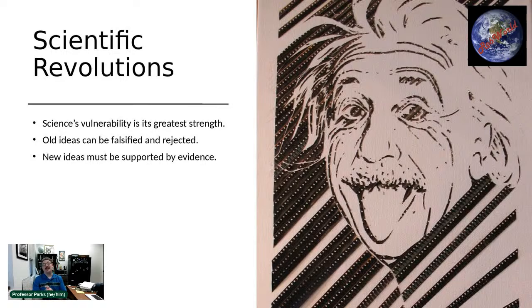Maxwell's concept of light really didn't play well with classical mechanics, and so Einstein came along and radically changed the way that we thought about what gravitation is, and how it affects things. And we have since moved on. In some cases, a scientific revolution will completely erase what was before. So with the heliocentric model, we now know that the Earth is not the center of the universe, not the center of the solar system. So the geocentric universe was pushed to the wayside. It's not used in any way.